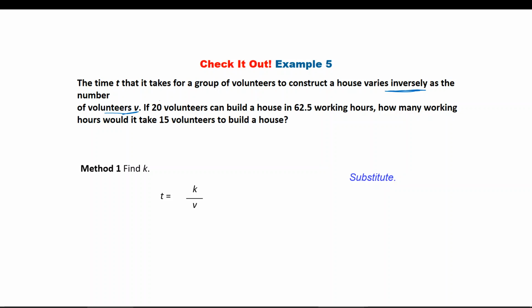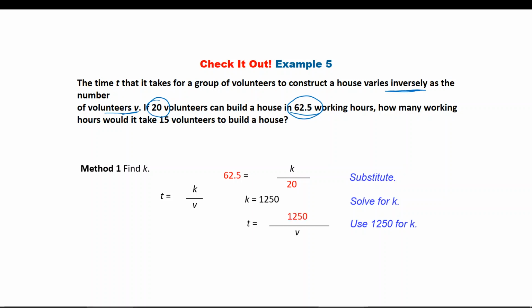All right, and next we want to just substitute. They gave us some information. We have 20 for our volunteers, and we have hours 62.5. So we're going to substitute those in and then solve for K. And once we have them substituted in, we can multiply both sides by 20, and we get K equals 1,250. Once we have that, we can use that 1,250, substitute it in for K,